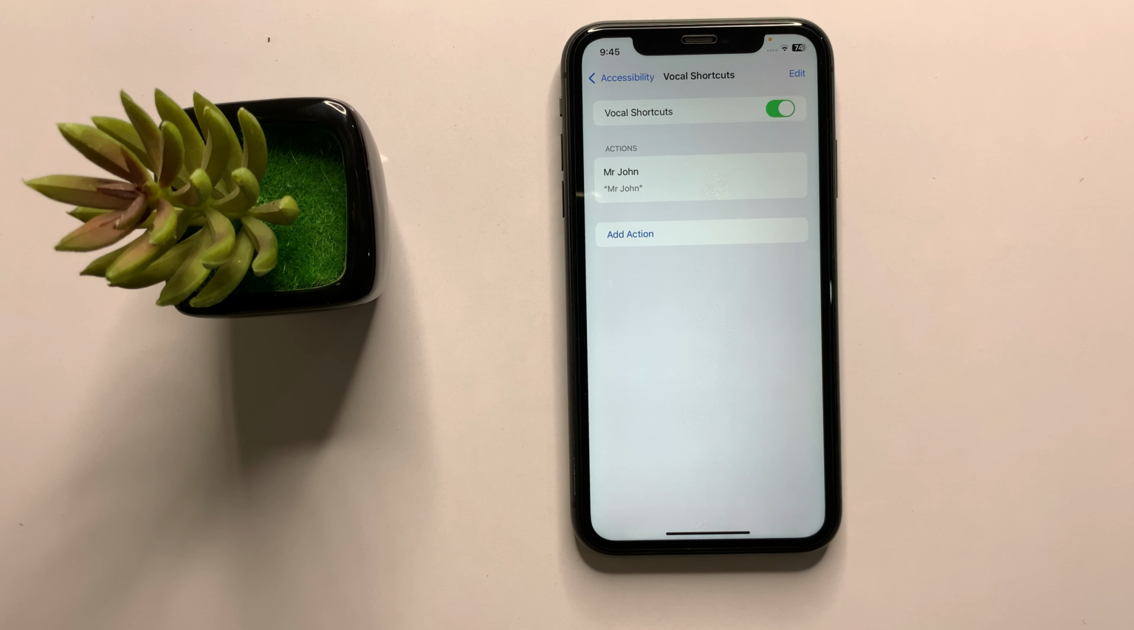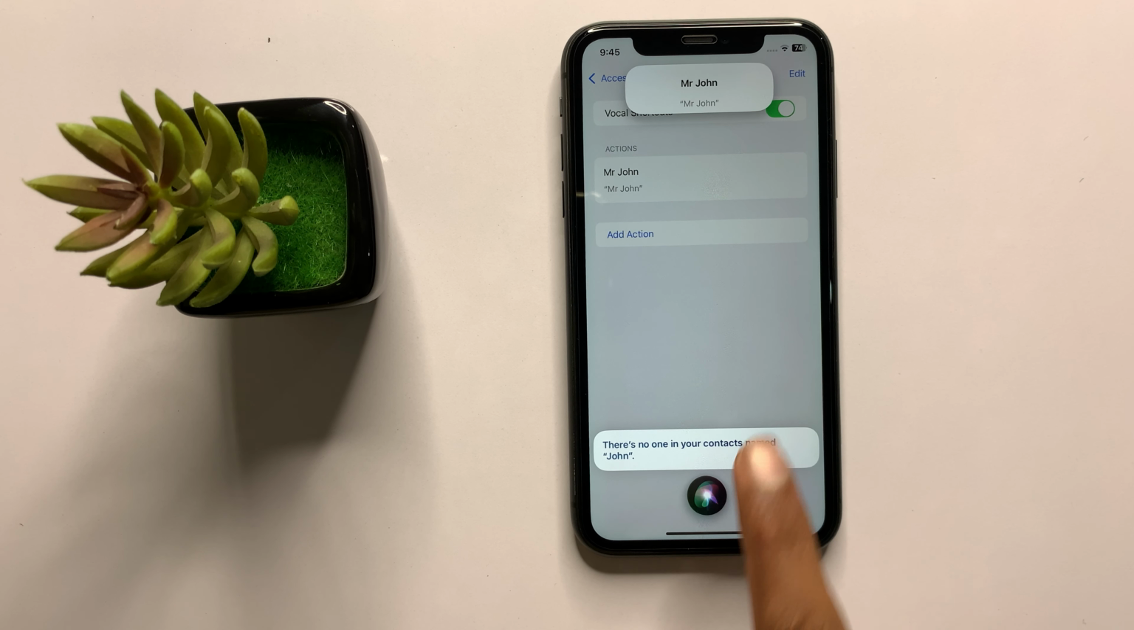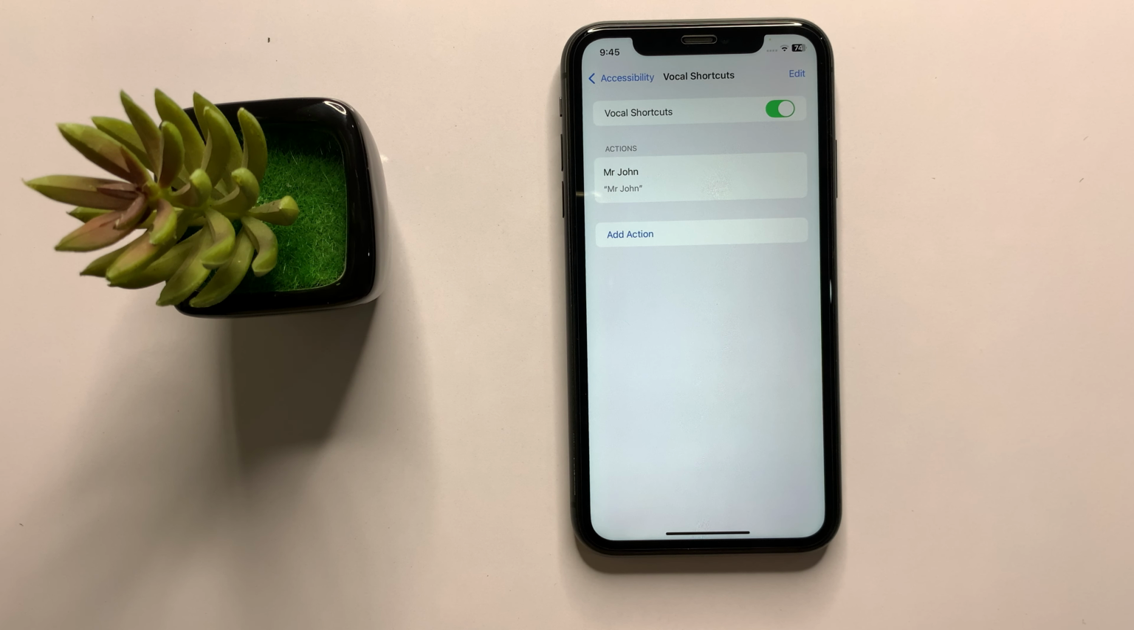Now here we will try Mr. John. Mr. John. There's no one in your contacts. Now it works properly. So this is the way to change Siri name in iPhone